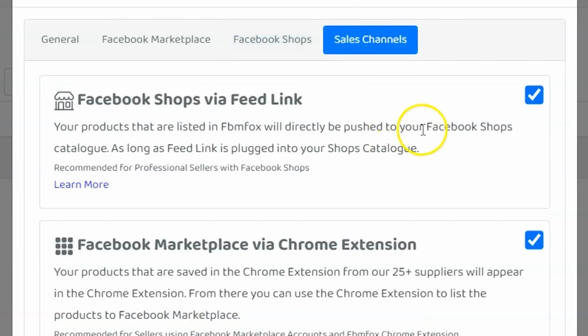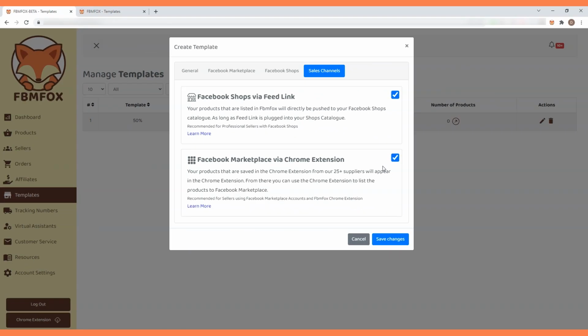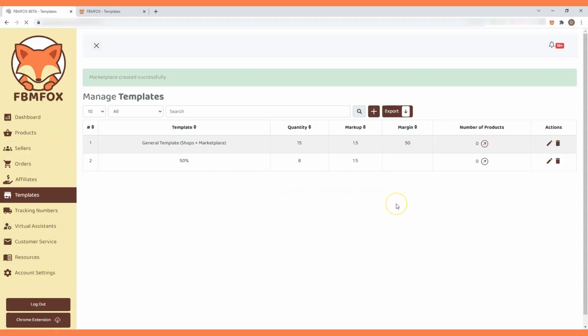And then lastly, we have the sales channels. So you can select which sales channels your product is supposed to go to, and your template is sort of going to apply that onto your product, and then your product makes the moves, right? So this is the new template. We've found that it's much more intuitive for the future heading forward. I hope you guys will like it. So let's go ahead and apply this template to our products.